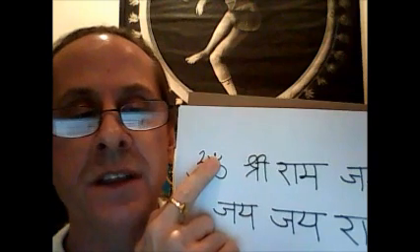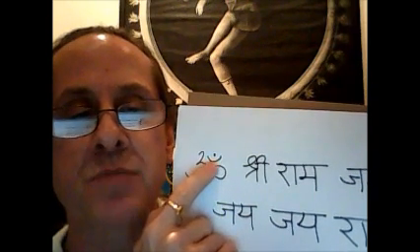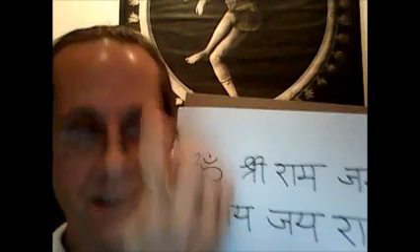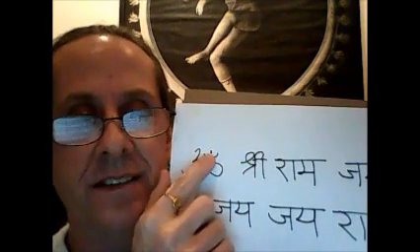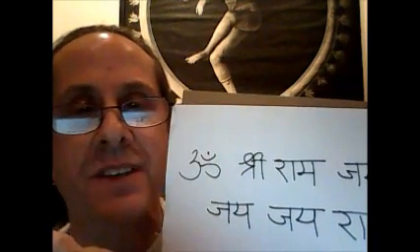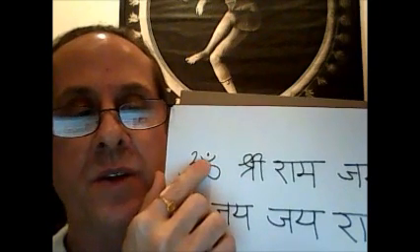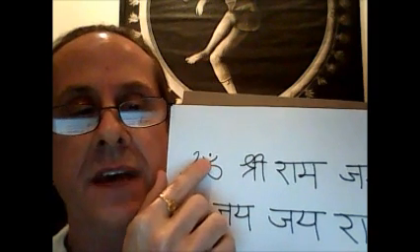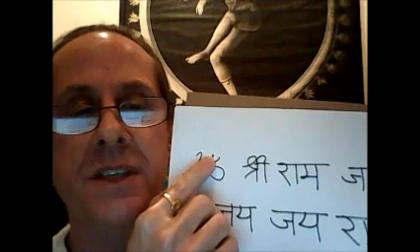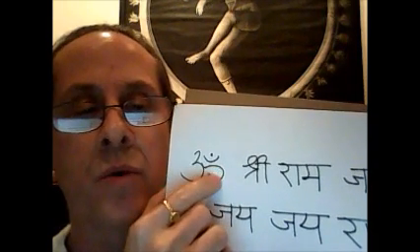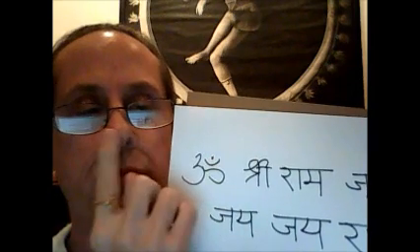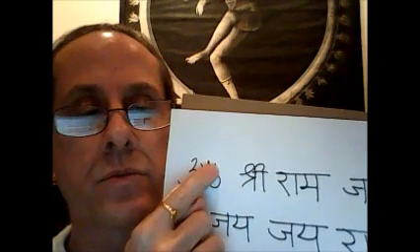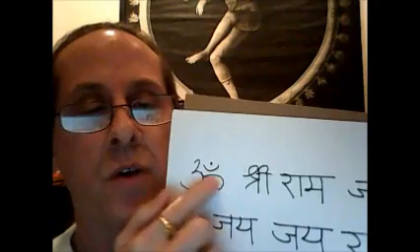And this dot you'll recognize from when it becomes this. This is called Chandra Bindu. This Chandra is moon. You can see the crescent moon. And Bindu is like Bindi, the dot, the source of all manifestation, if you will. So the Chandra, in this case, indicates that there's a nasal quality to this. And of course, the dot concludes the sound. So it's Om. So Om Shri